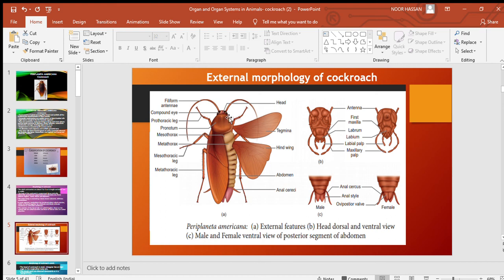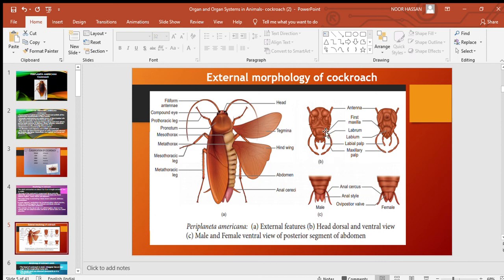The head also has mouth parts. So this is generally about the head. The head has greater mobility because it is connected to the thorax. This part is called the thorax. The head is connected to the thorax by means of a flexible neck, so that the head can move in any direction. It is due to a flexible neck that connects the head with the thorax. So this is the head, and this is the thorax. We'll discuss one by one all the information about the divisions of the body in the next slides.